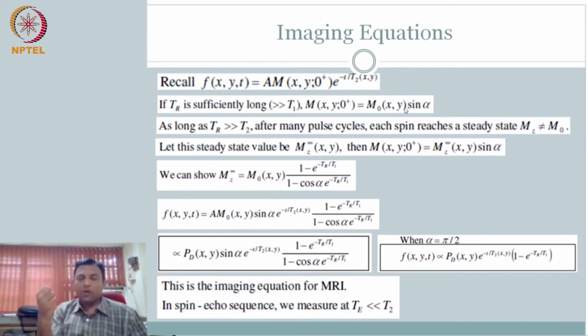But you repeat it. So what happens is, it doesn't reach the equilibrium, but it reaches a steady state. Each time you do this experiment, the value that it comes back to before you do the next one, after several repeats of this, you will call it steady state mz, not m naught. M naught is equilibrium, which happens when you wait for a long time without multiple pushes. The moment you are going to do this pushing experiment several times, repeating the sequence several times, you are pushing this vector,